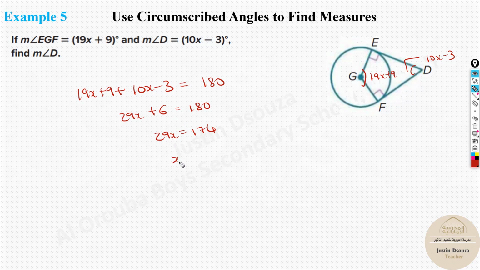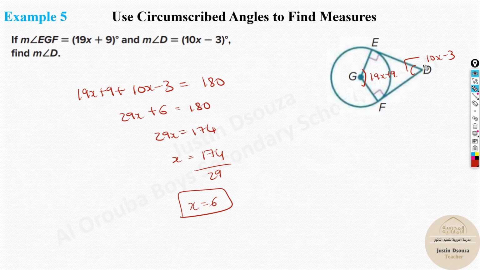Yeah, so you can just, sorry, 6 times 29. Three times is 90, and two times, yeah, it'll be exactly 174 by 29. You can solve this up. It'll be x is equal to 6. So this must be the answer, but this is, sorry, this is part of the answer, but this is not